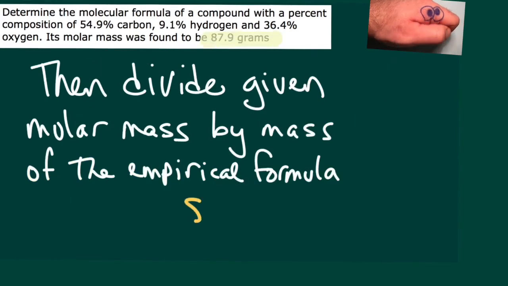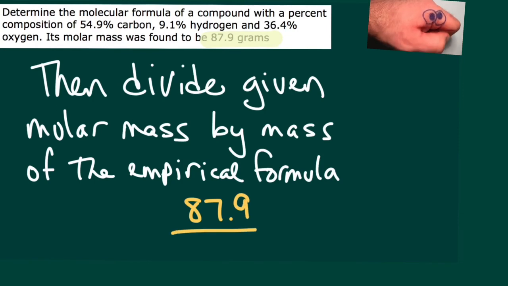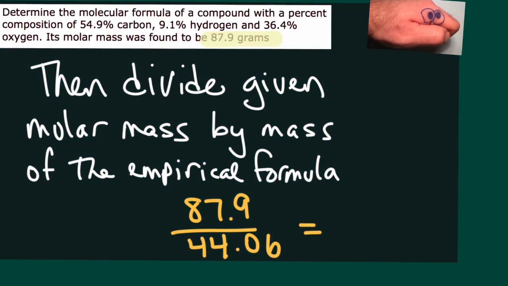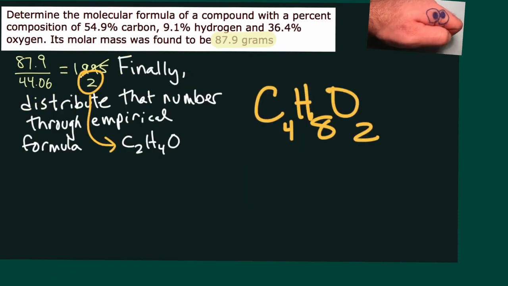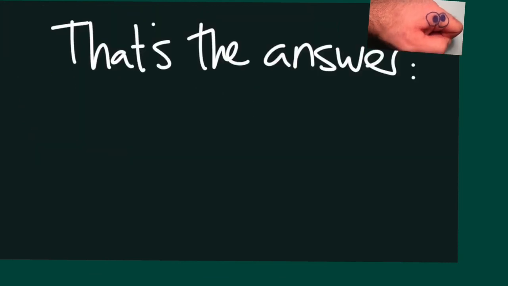Next, we're going to divide the given molar mass from the problem, 87.9, by the empirical mass that we just calculated, 44.06. And that comes out to be 1.995, but we'll round that to 2. Finally, we distribute that number, 2, through the whole empirical formula. So 2 times C2, 2 times H4, and 2 times O. That gives us the molecular formula of